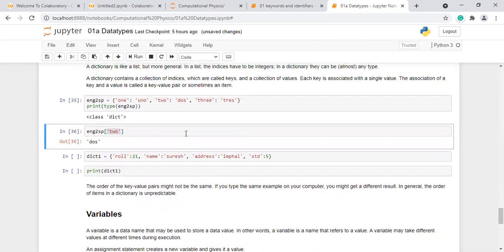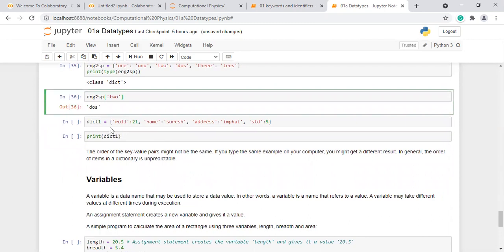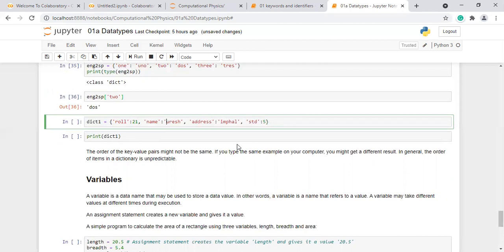Let us look at another dictionary. So it's dictionary 1, correct? Role has the key and 21 is the value, name is another key and Suresh is its value. Let me write it as capital S. Address is the key and Imphal is the value, standard is the key and 5 is the value.